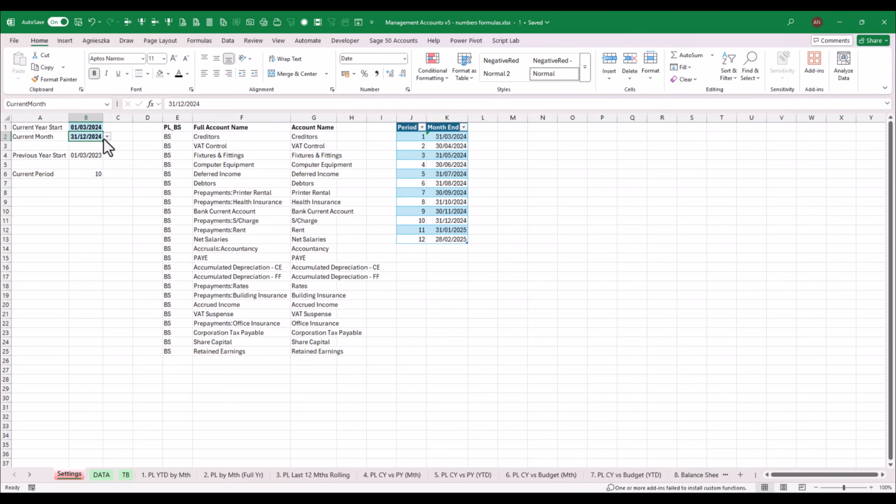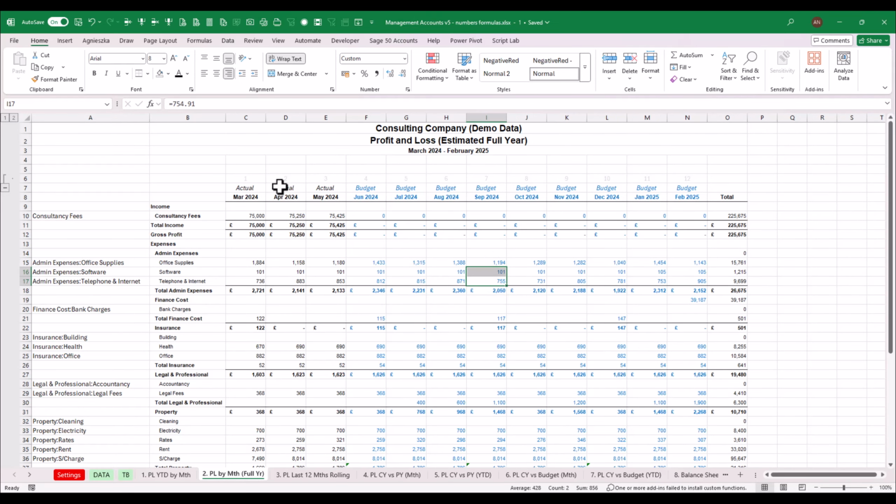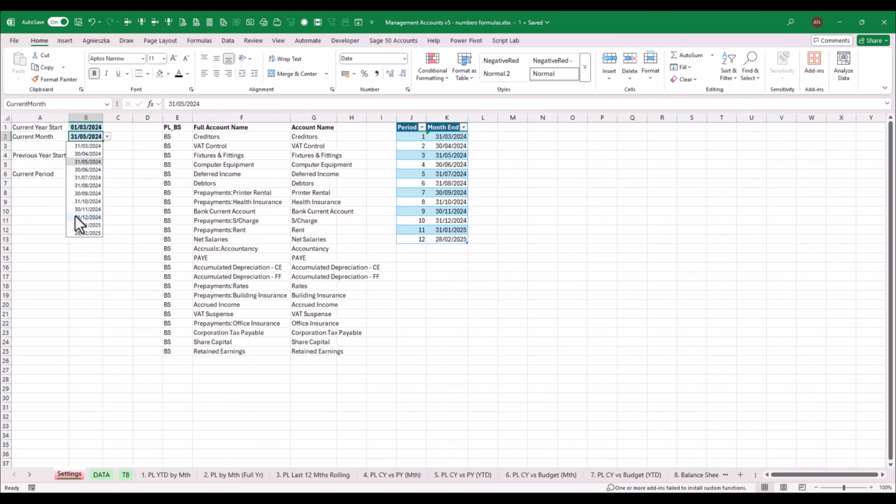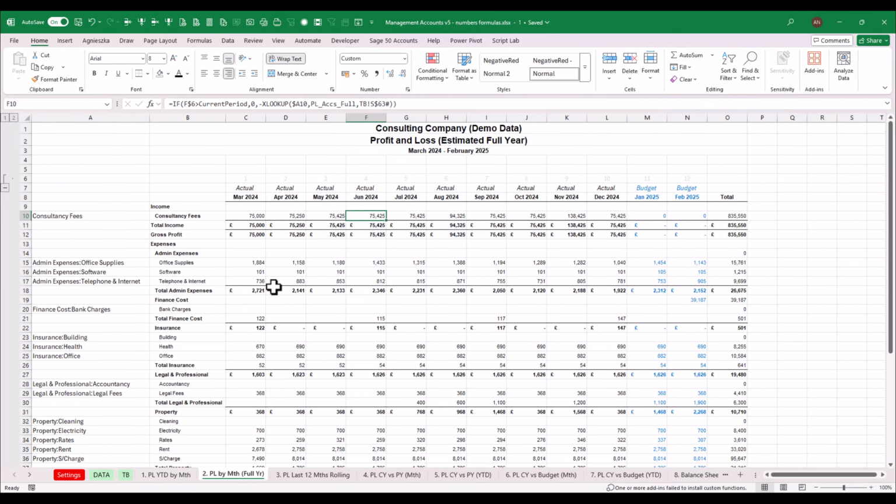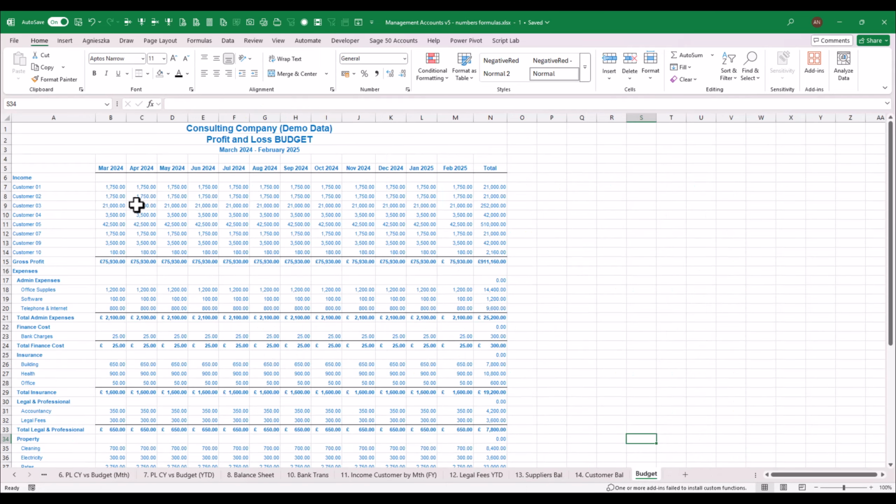So if we're reporting for May, we've got a lot of budget going on and only 3 months of actuals. So that works. Except we don't want zeros, we want budget figures. So let me go back to December. And now we've got, at the end of this, we've got budget. And it should actually, because budget